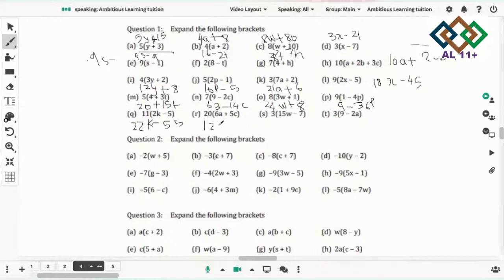R is 120a plus 100c. S is 45w minus 21. And the last one in this section, T, is 27 minus 6a. Now the next one is, I want to do the next one because next one is little confusing